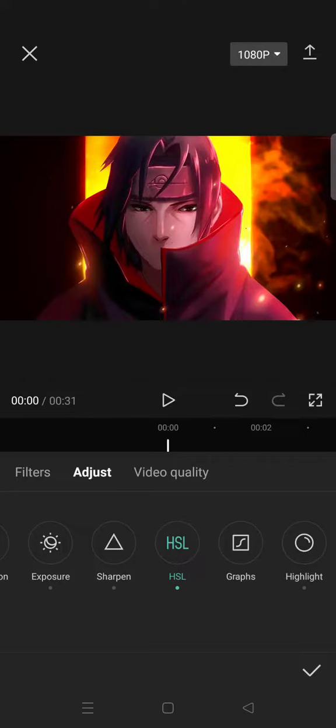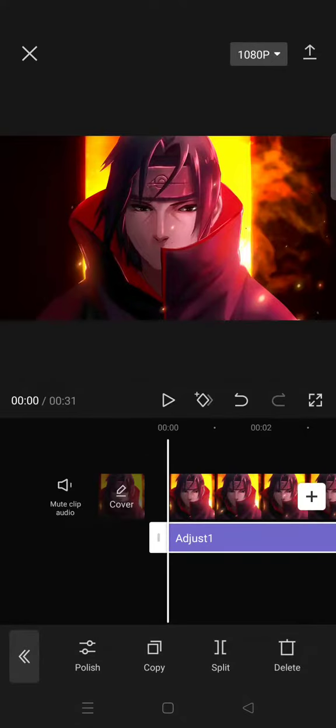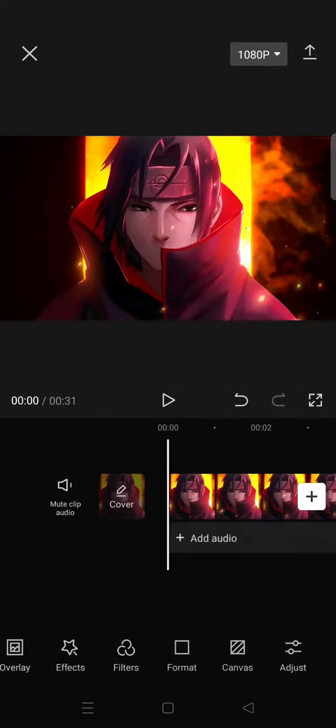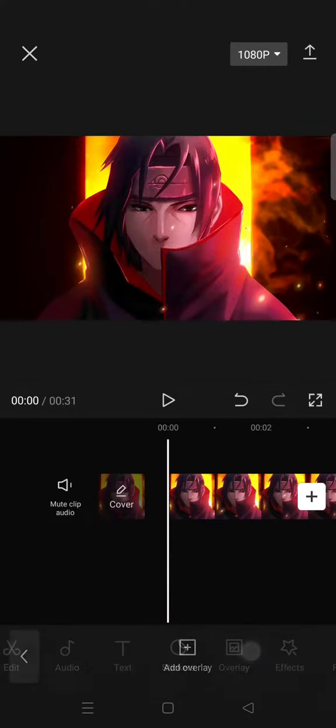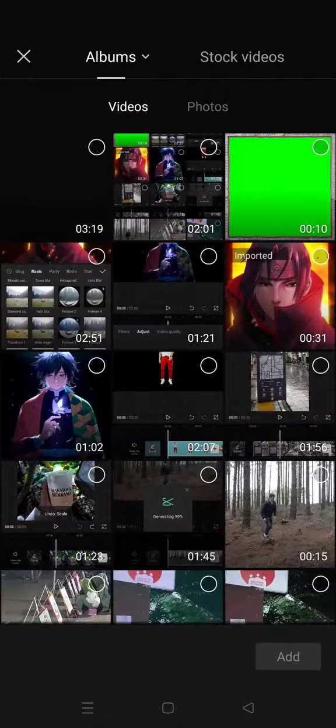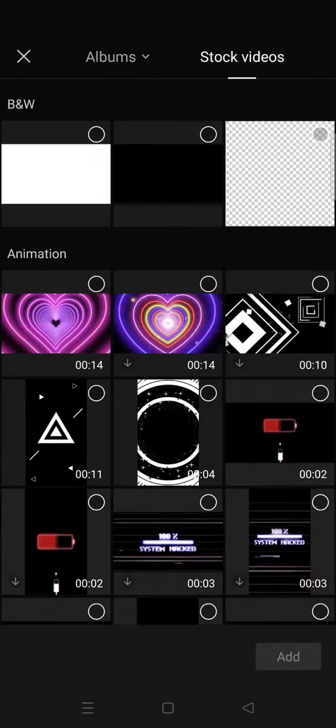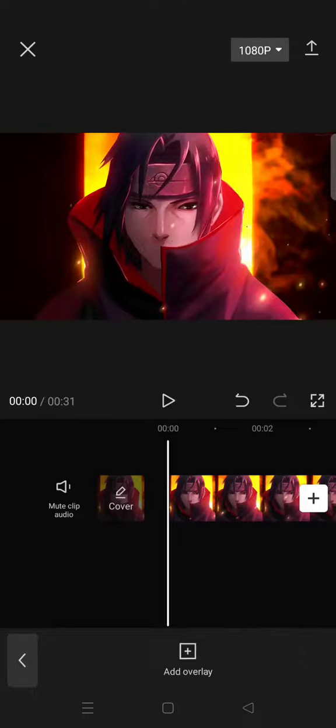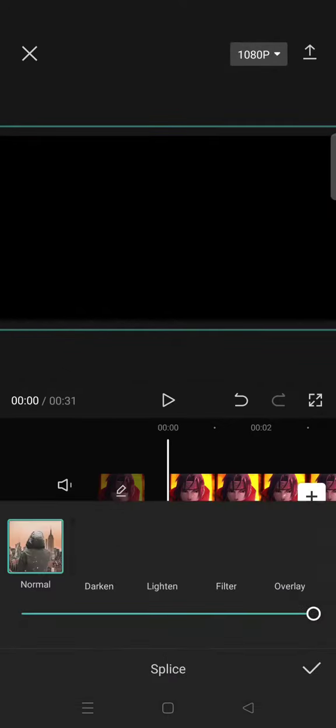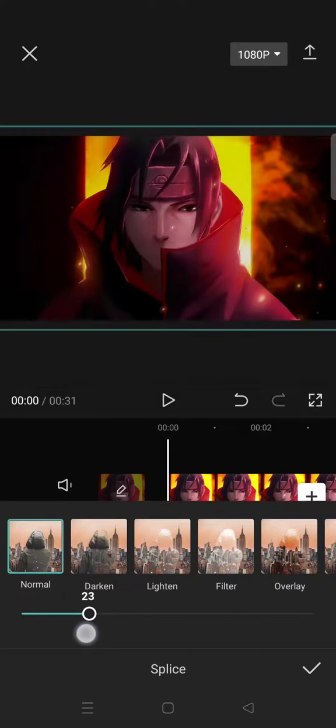Okay, go back, click on the check icon and then go to overlay, and under the stock videos add the black image. Okay, adjust the size until it covers whole clips. Go to splice, click on normal and set it into 20